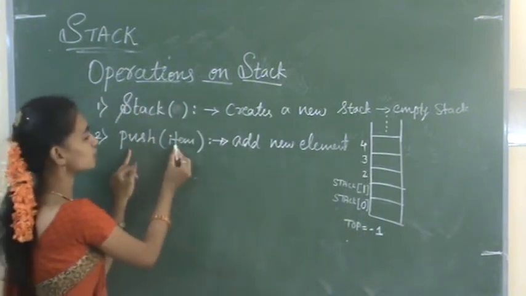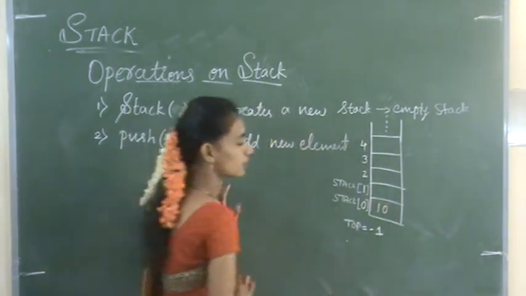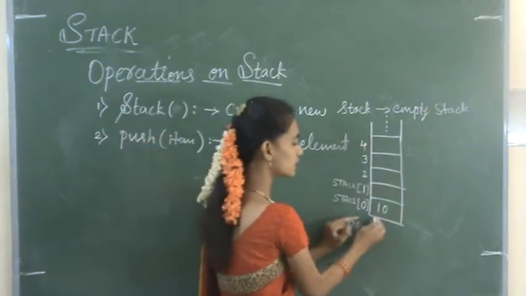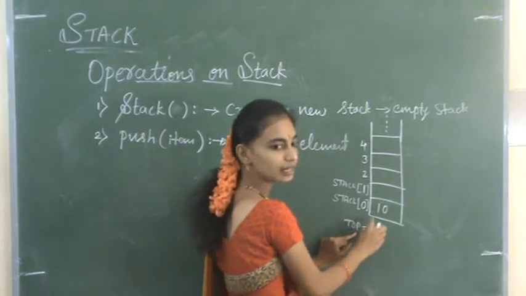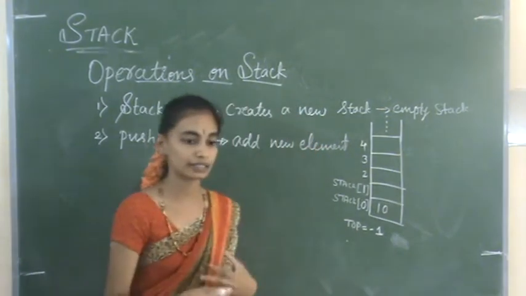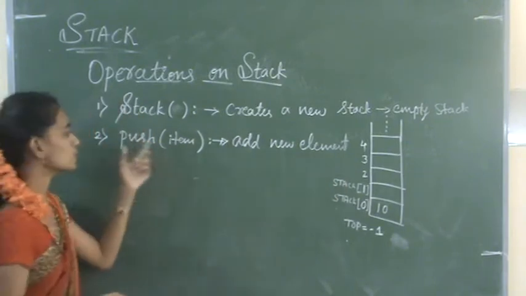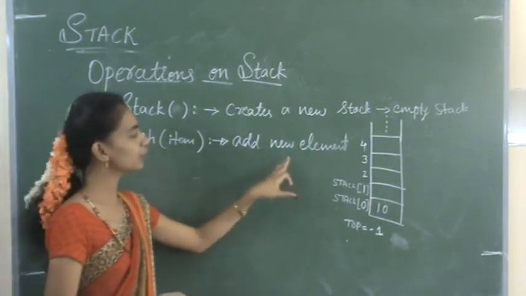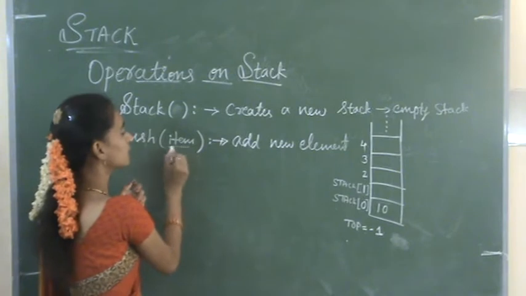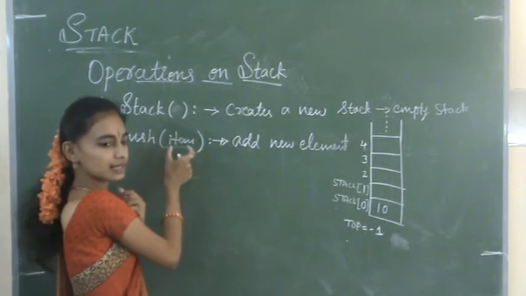If I use this push function, I insert one element, and that element is inserted at the top of the stack. If the stack is empty, the top will be here. To insert an element, we need to increment this top value. We will learn the algorithm for inserting elements into the top of the stack. Push item requires a parameter or argument, that is item. Which item has to be inserted has to be passed in this argument.